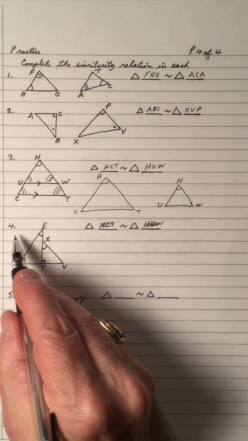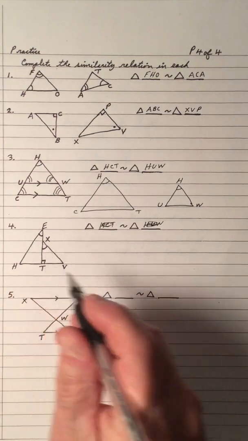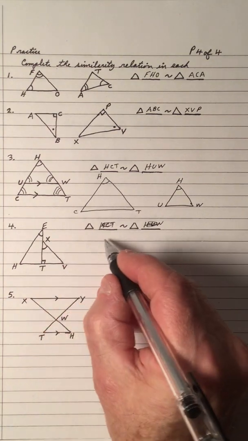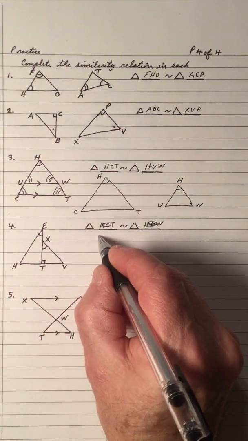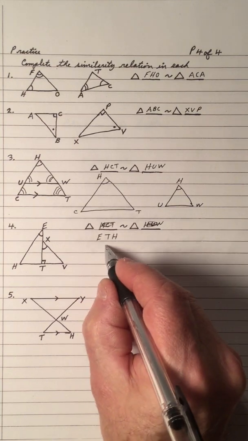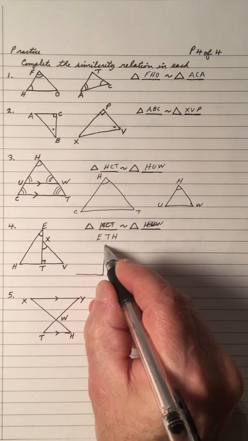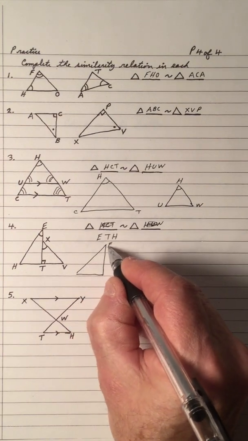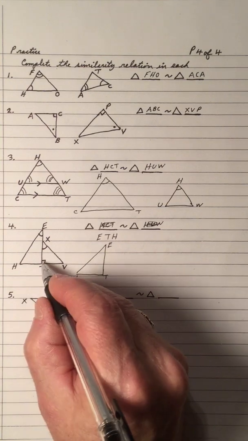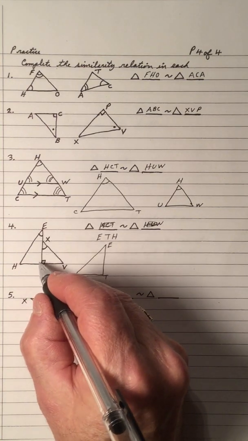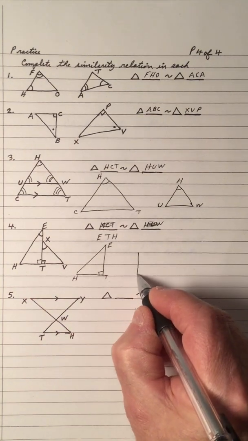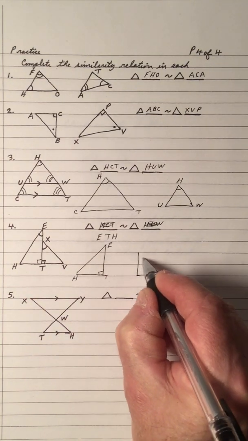Okay, let's continue. Number 4. And I have, notice, just two different triangles. So let's take the triangle ETH, and that's this one. And notice we have a right angle here, and it's perpendicular, so that means there's a right angle right here. And let's do the other one, which is XTV